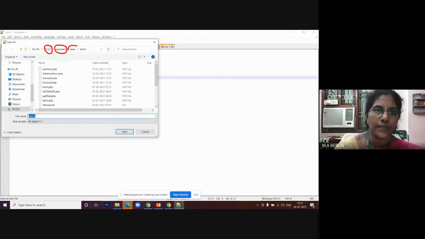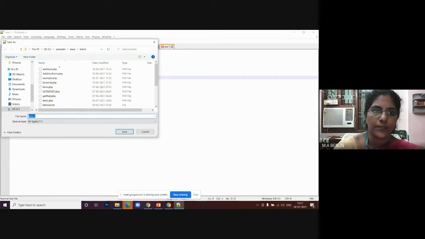In WAMP64 you can find a www folder. In that folder you can create any folder of your own. I have created one folder with the name Berlin, right? Inside that I can store all my PHP files.